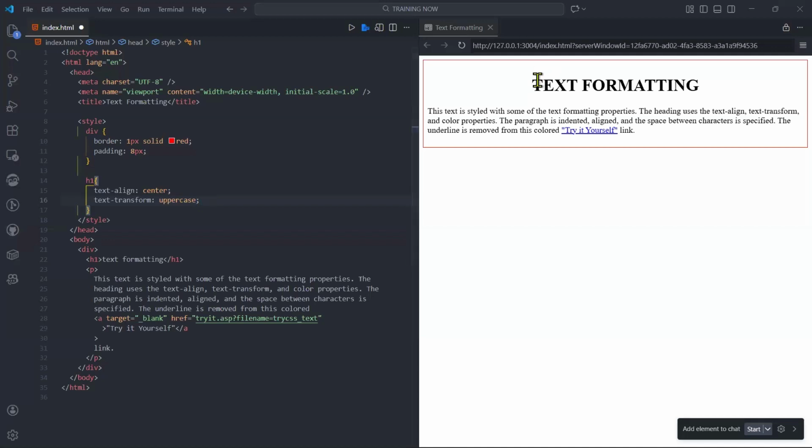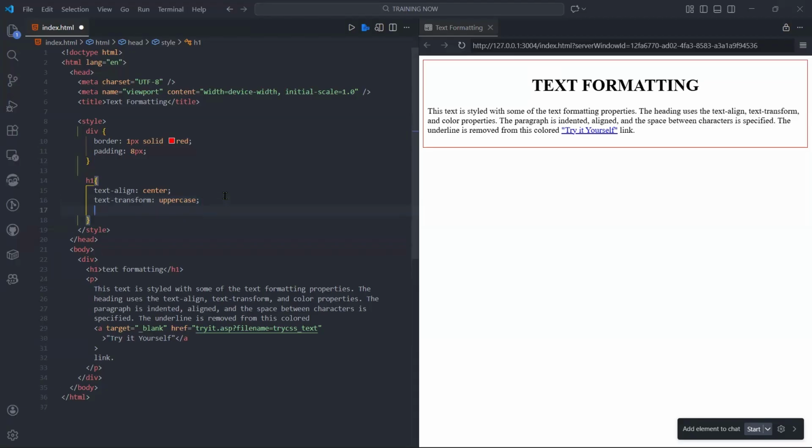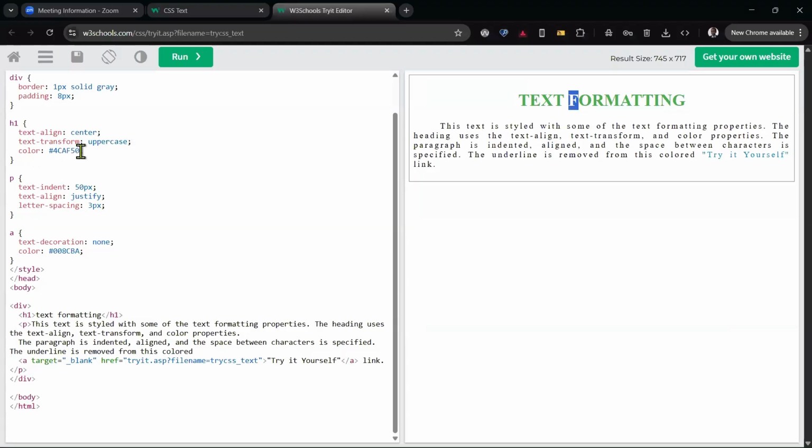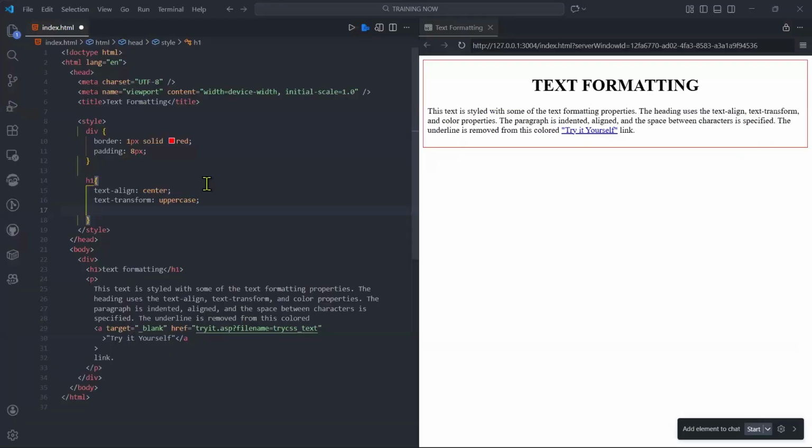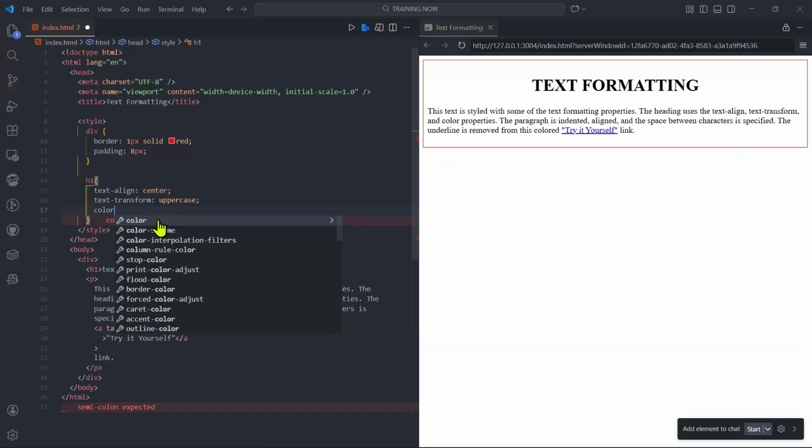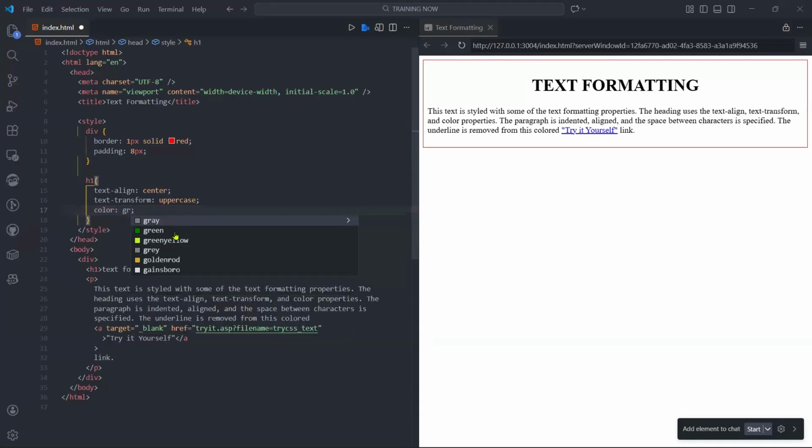That is how we style the text. And then we come again and say color, to change the color of the text. In our case, we can say maybe green color, something like this. And so our color here becomes green. Now you can say we have finished with formatting the header,